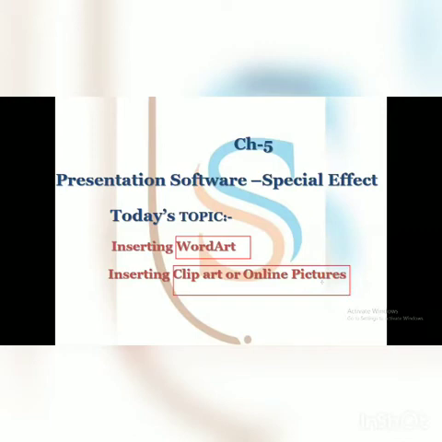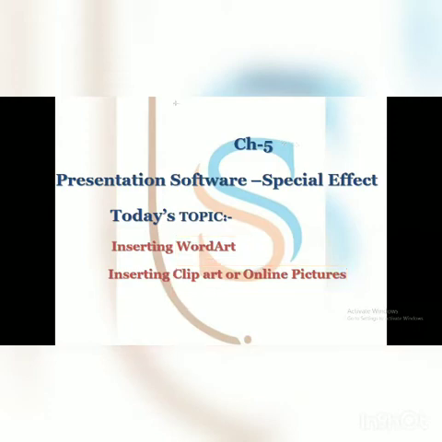In the older version, clip art option is there in PowerPoint like PowerPoint 2007. But in the latest version, online picture. In place of clip art, we use online picture. Clip art is basically a collection of simple pictures and symbols. So it contains some predefined pictures, so we can insert it according to our requirement. And if we want to take online picture, we can also insert online picture.